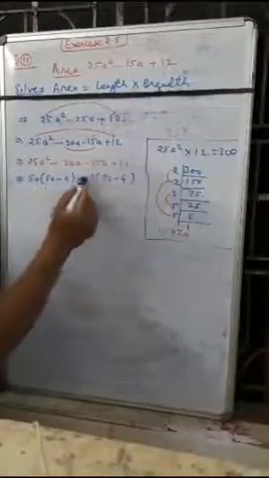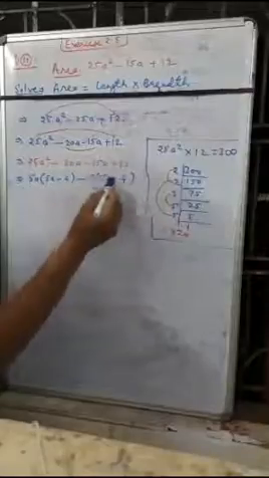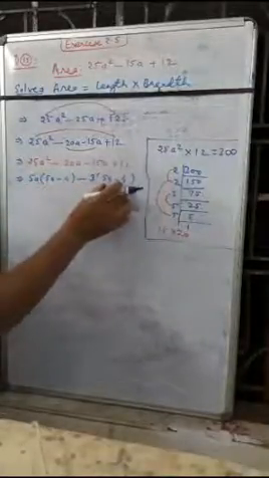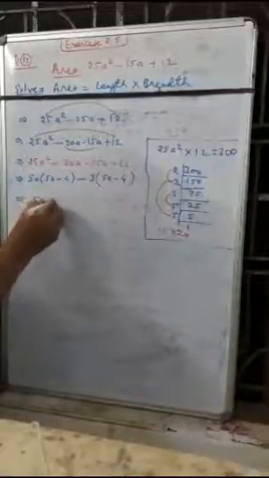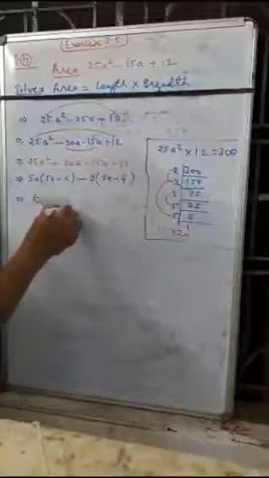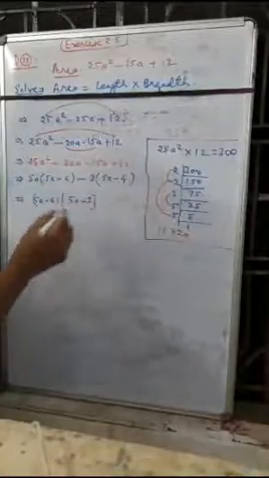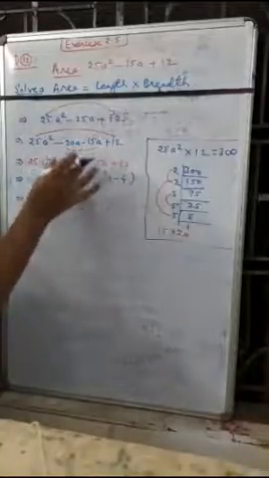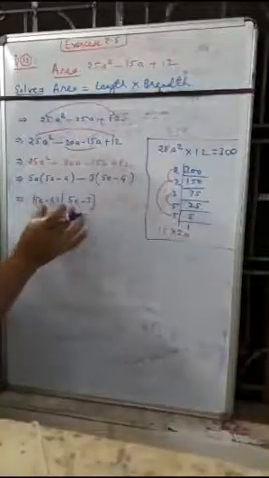So 3 times 5 is 15, and minus will be multiplied. So minus 15, and 3 times 4 is 12. So now we are having 5a minus 4 and 5a minus 4 common. So we will take 5a minus 4 common. So the remaining term is 5a minus 3. So we got 5a minus 4 and 5a minus 3. So now this equation is factorized into two factors.